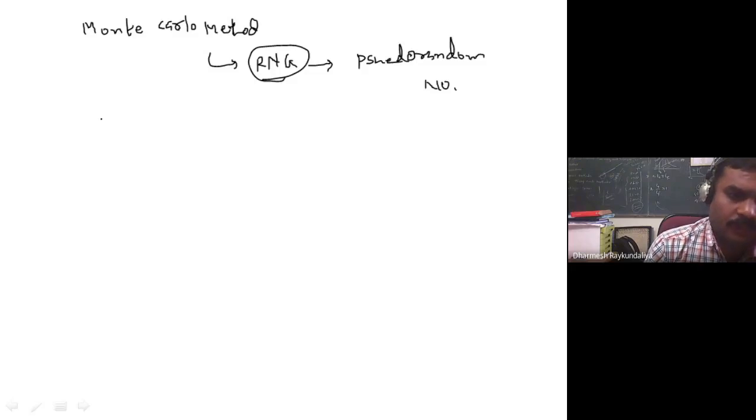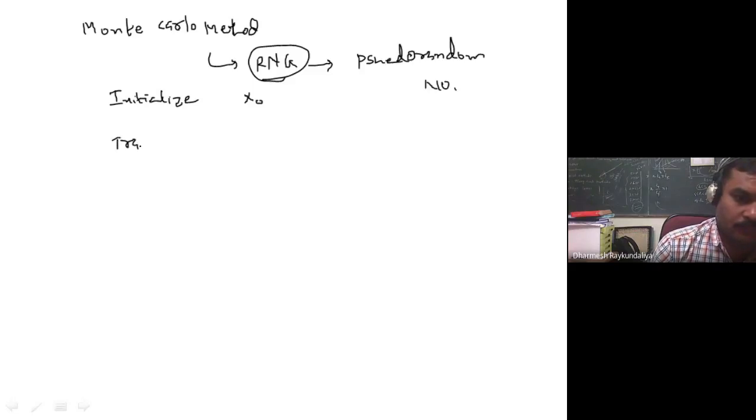So we have seen the procedure given by L'Ecuyer to generate random numbers, where he said that you are required to initialize. That means you select some seed, let us say x0.